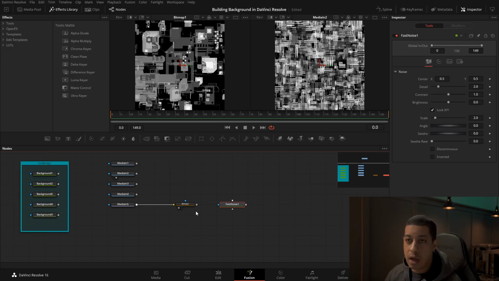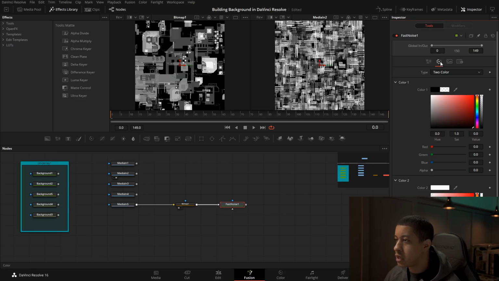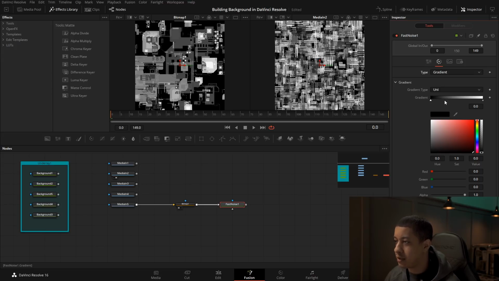If you left click, you're going to drag onto whichever one that you want. If you right click drag, it'll give you a little selection so you can pick the thing that you want to put it in. So we're going to go into the brightness. And then over here, we can turn on discontinuous. We'll turn detail all the way down. Come over to my gradient and we'll go into gradient. And now we can pick different colors here.